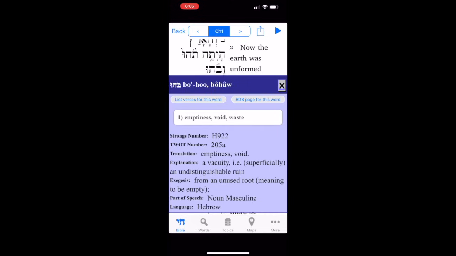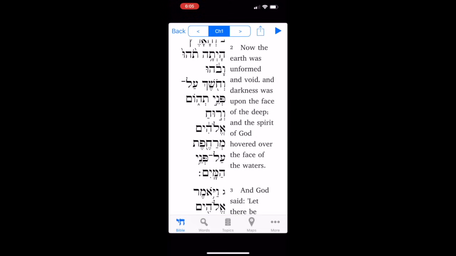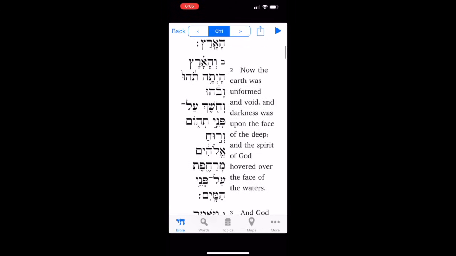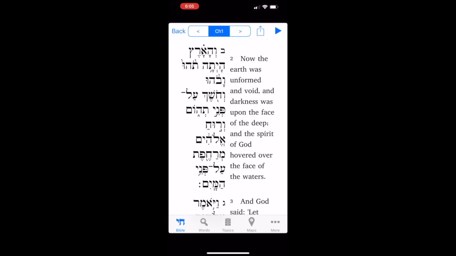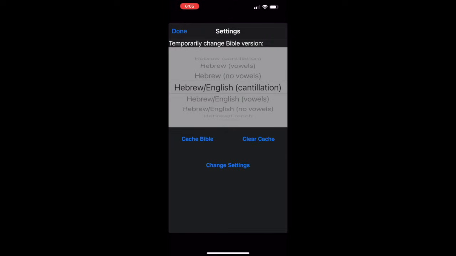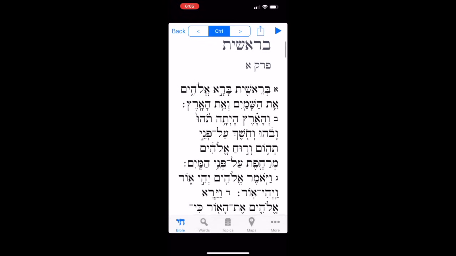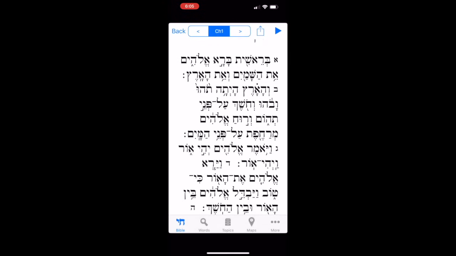Although when we get into talking about the second tool in this particular video, I'll show you a tool that makes that even easier. Now, another thing that you can do here is you can just very quickly change whether you're reading Hebrew and English in parallel to just straight Hebrew. If you're more advanced in your Hebrew studies, you want to read the Hebrew with the cantillation, all you need to do is just come to the settings as I've shown you here, hit done, and suddenly now you have just the complete Hebrew,